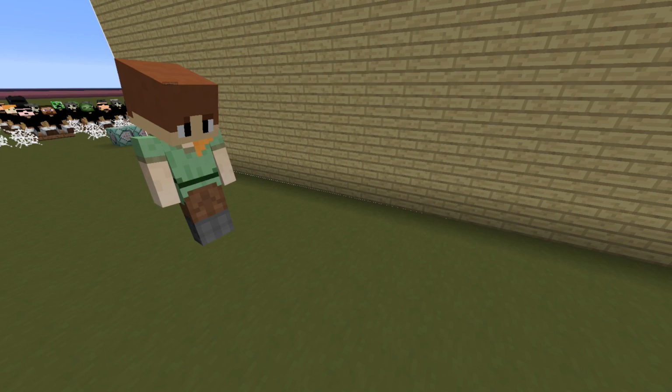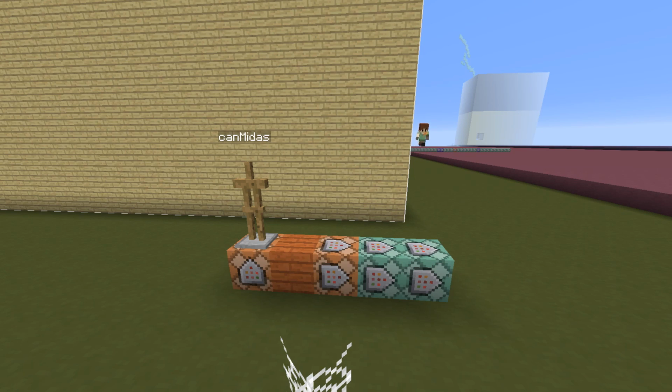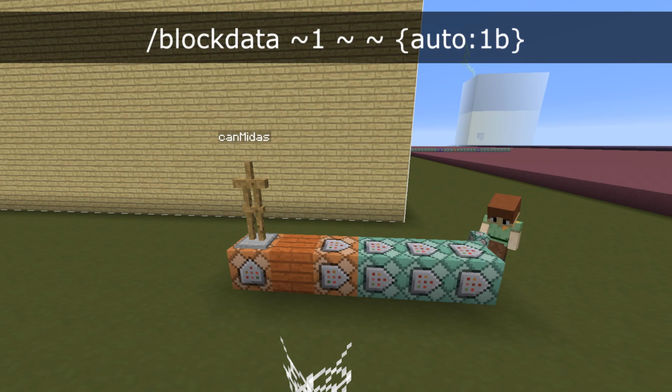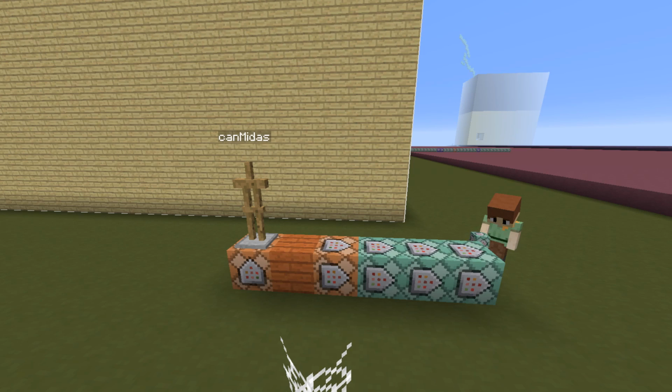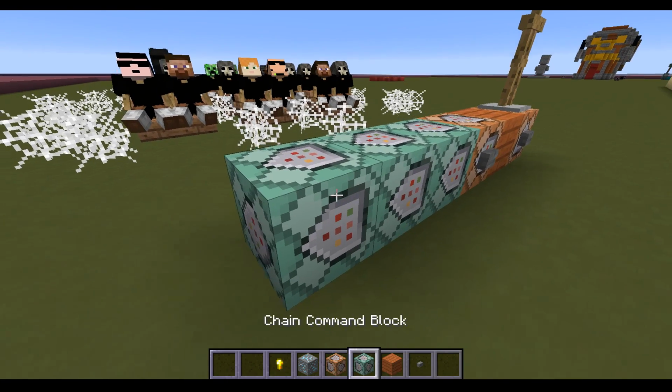And yes, after 10 seconds or 200 ticks, it disappeared. But what if you want to do a little bit more than that? What if we want to give this a little bit of a particle effect so it's more clear where we want to go? Well, that's where the next block data command, as shown at the beginning of the video, will do. So we have a block data going to auto 1b,